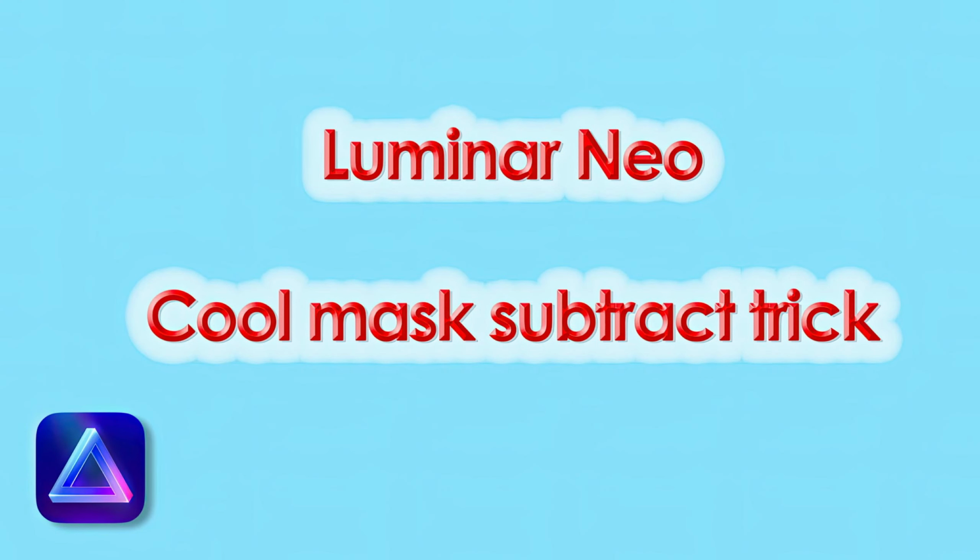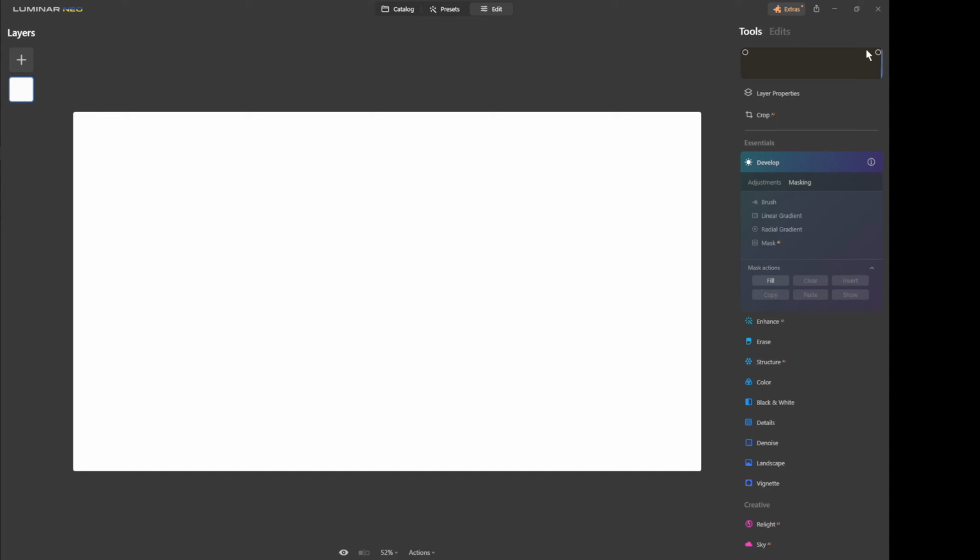My name's Chris. The other day I posted a video about feathering Luminar Neo AI masks. Whilst researching that video, I came across a cool trick by which you can subtract AI masks from other masks. Now, of course, unlike Lightroom, which has a formal add, subtract and intersect mask option, Luminar Neo has none of